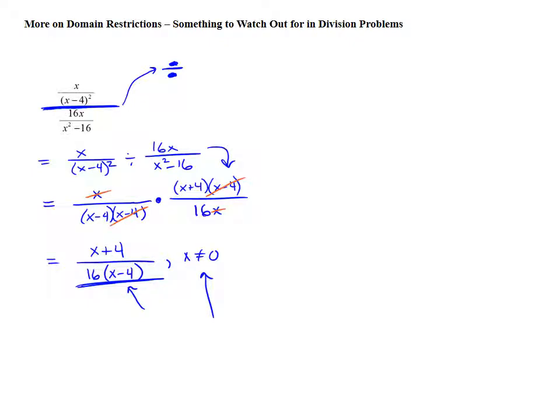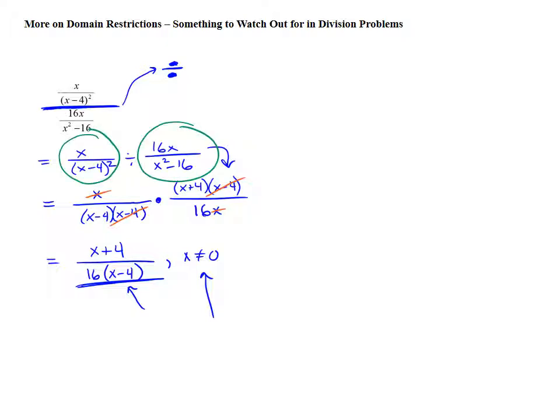I want to talk about one more thing to watch out for, and it comes up in the last problem we worked on, so I've copied the work on that problem over to this fresh sheet. The issue is that there's an extra domain restriction that maybe wasn't obvious at first, and I want to explain where it comes from. In this particular problem, it's a division problem, and it starts with this fraction divided by